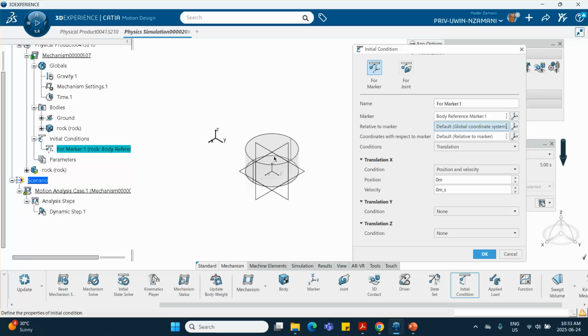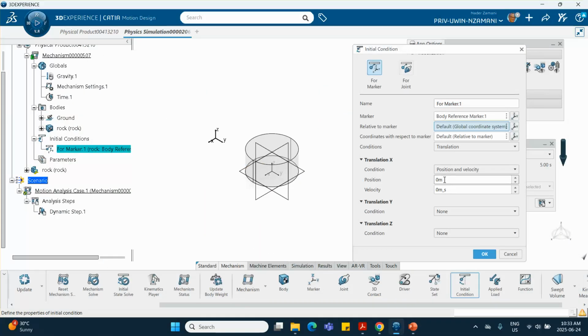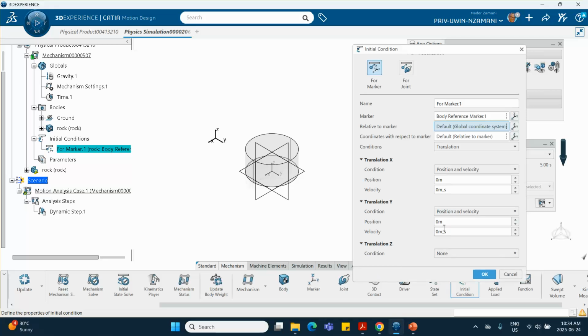Okay, so yeah, sure. If I wanted to move in the x direction, this being the x, let me see what I had here. Actually, y. I said y, right? Okay. So I don't want anything to move in the x direction. So velocity is 0, position is 0. Fine. And now in the y direction, I want the position to be 0,